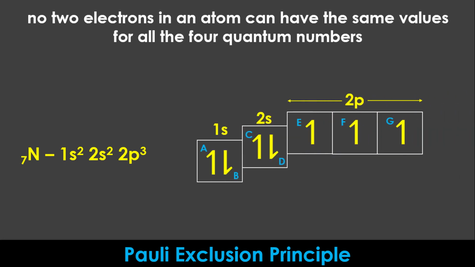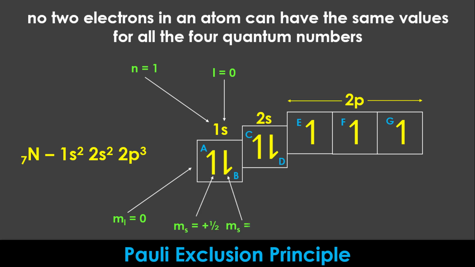on the screen. If we analyze the 2 electrons, A and B, present in the 1s orbital, you'll see that they have the same principal quantum number 1, same azimuthal quantum number 0, which is the s subshell, the same magnetic quantum number 0, which is the 1s orbital, but have different values for their spin quantum numbers, plus half and minus half. If we analyze electrons A and C in the 1s and 2s orbitals, we would observe that